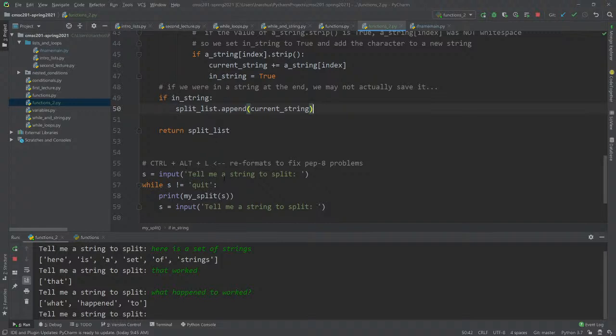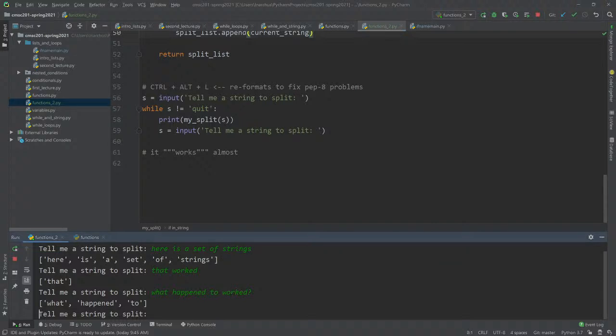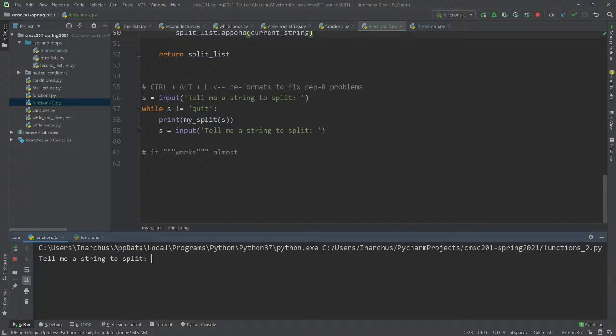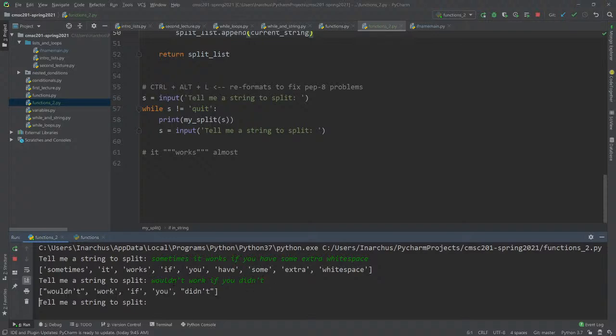So that's the reason why you might want to test something like this, because sometimes it works if you have some extra white space, but then it wouldn't work if you didn't, right? And see here, no extra white space, but here it works again because I put these two lines back.